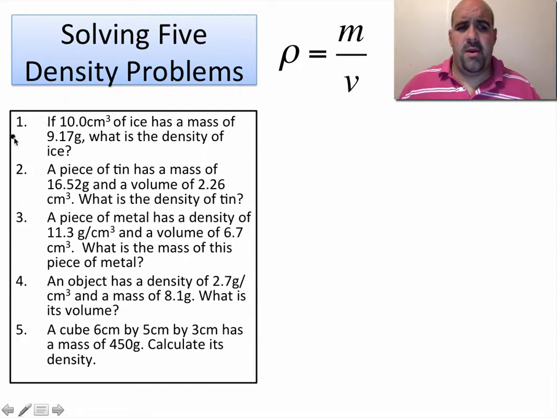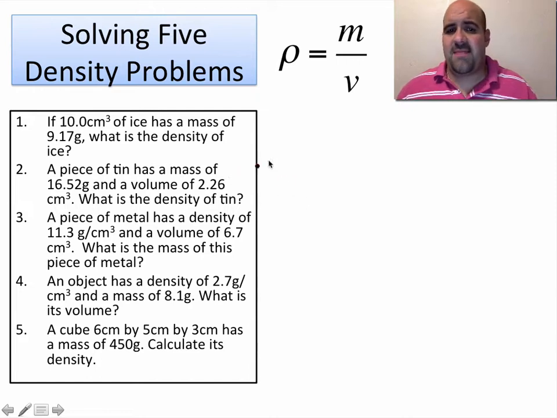So, number 1, if a 10 centimeter cubed block, I should say block of ice, has a mass of 9.17 grams, what is the density of the ice? And we have the formula for density up here. Density, denoted by the Greek letter rho, equals mass divided by volume. And this problem tells us that we have a 10 centimeter cubed block of ice. 10 centimeters cubed is a volume. V equals 10 centimeters cubed. And it has a mass of